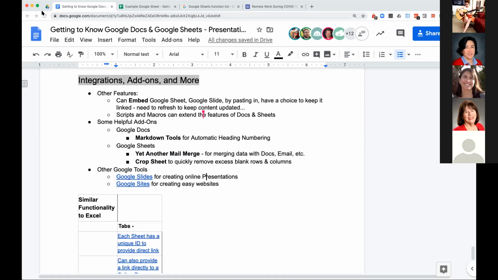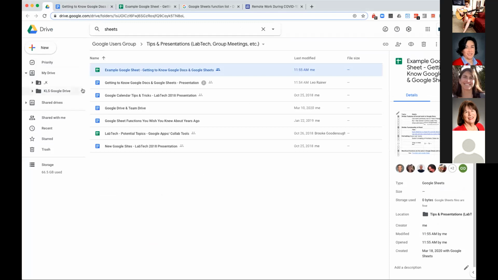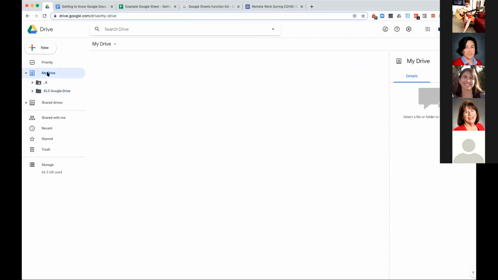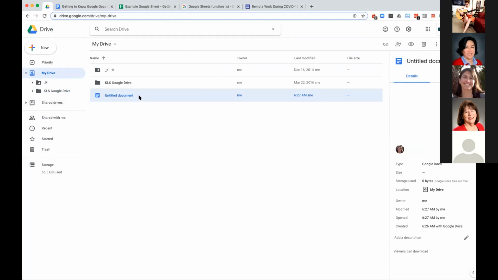Yeah, so this is more of a Drive tip, but what Andrea is talking about is, you cannot do it in team drives. You have to go to your standard drive. So you mean my drive, Karen? Yeah, in your drive, not in shared drives, a document can live in more than one location. Did not know that. So it can live in 2 or 3 or whatever.